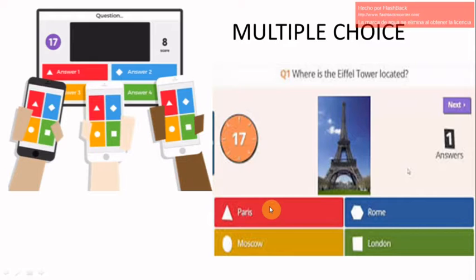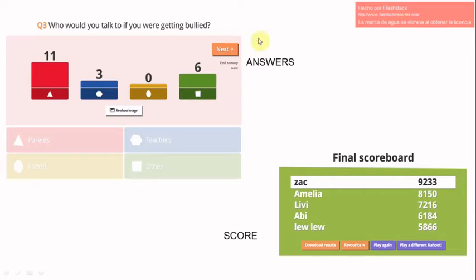In red the answer is Paris, Rome in blue, Moscow in yellow, London in green, and the colors are here on the students' cell phones too, and they have to choose the one that they think is the correct one. As they are answering, you see the number of answers being given on the screen, and you click next when everyone is done,